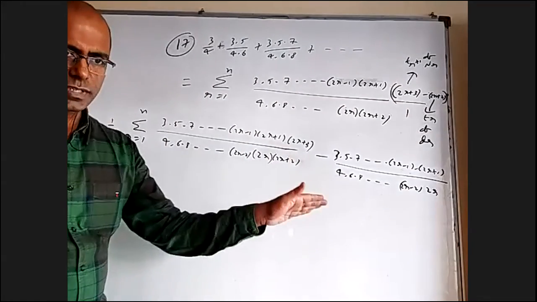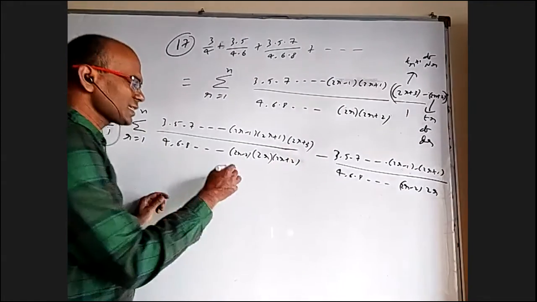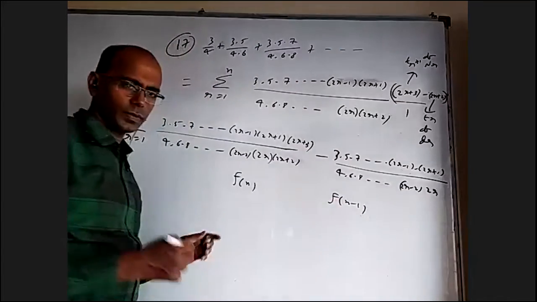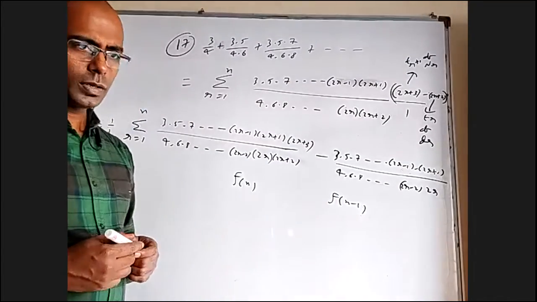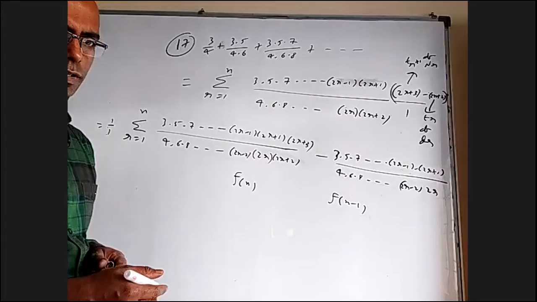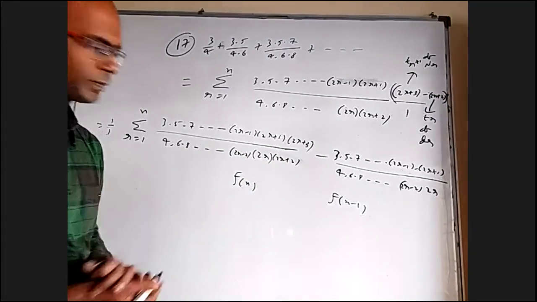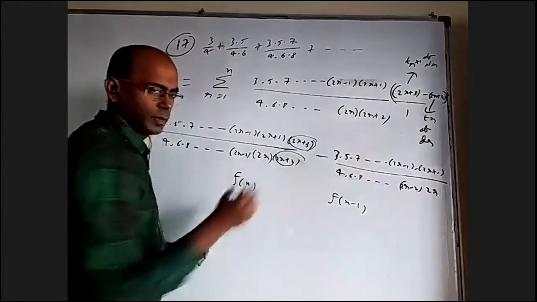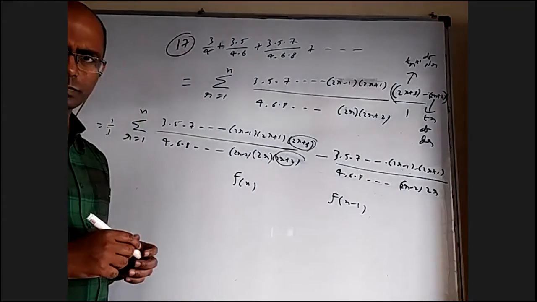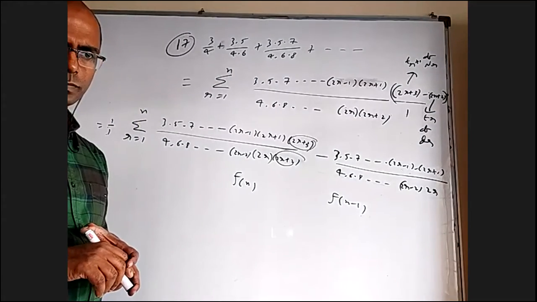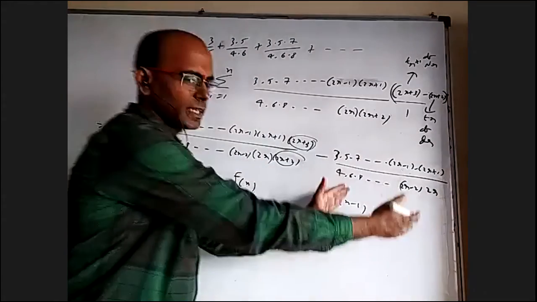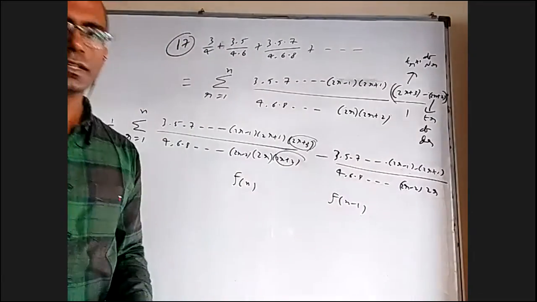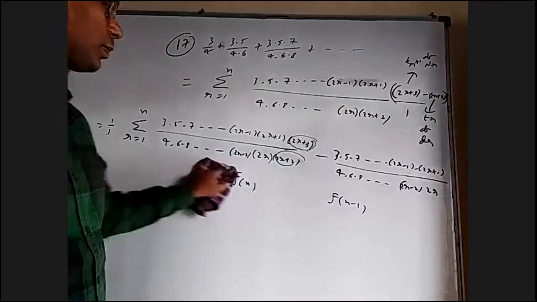Not just writing differences. If this is some f of n, I said this should be in the form of f of n minus 1. Am I right? Yes. Or f of n plus 1 or n minus 1, one of them. This term and this term are gone and you get that term. So if this is a series, this is the next term of that series. Now we can easily see why the method of difference is going to play a role.